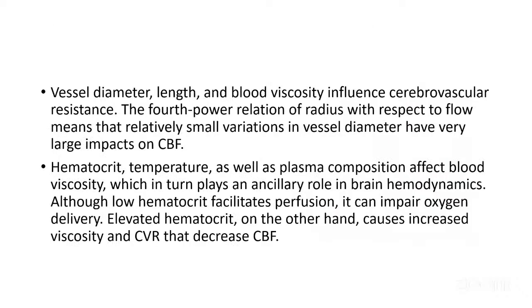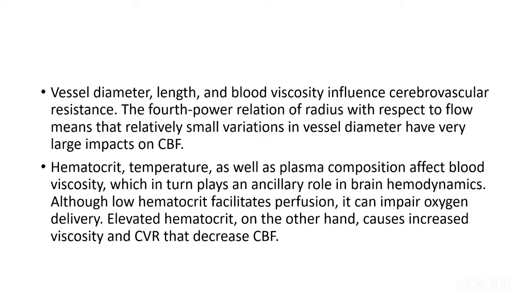Vessel diameter, length, and blood viscosity influence the cerebrovascular resistance. As I told, cerebral blood flow depends on cerebral perfusion pressure divided by cerebrovascular resistance. There is a fourth power relation of the radius